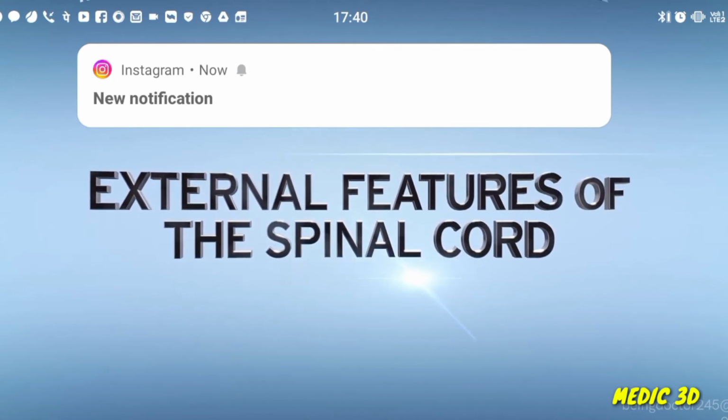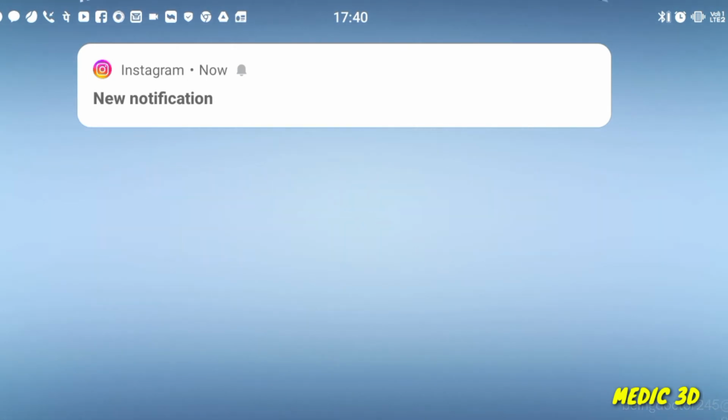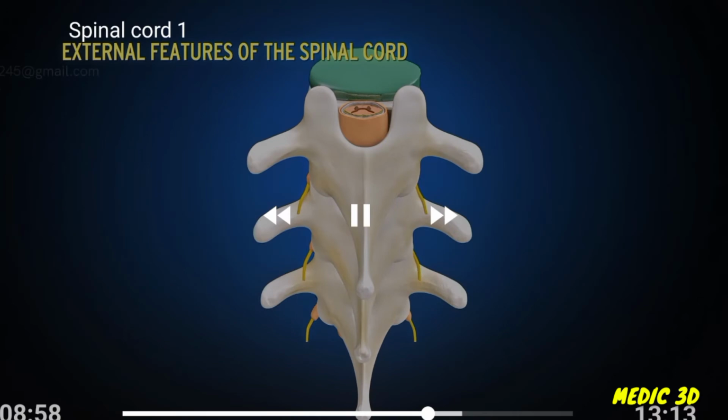External features of the spinal cord. The spinal cord presents